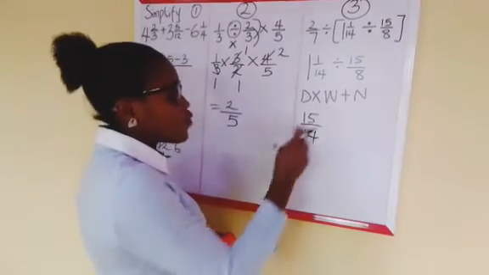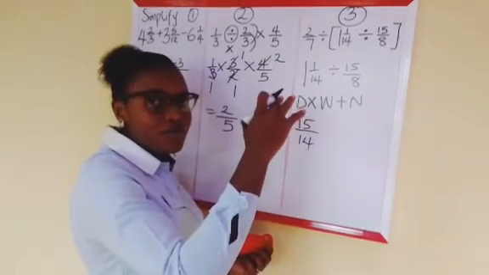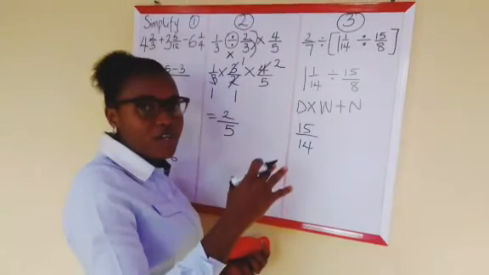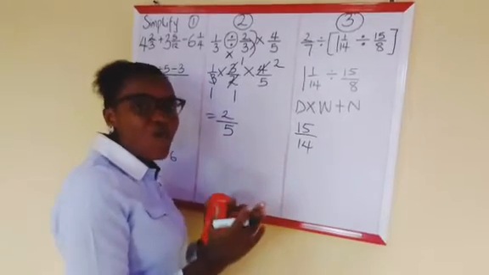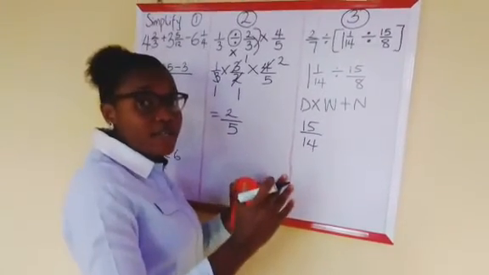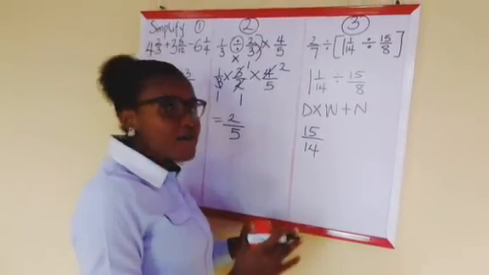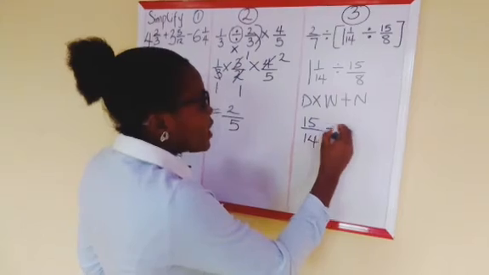15/14. Of course, you know that whenever you have a bigger numerator, it is an improper fraction. It is just like a small baby carrying the mother. But when you have the mother, that's a big number, carrying the small number, it is a proper fraction. So divided by